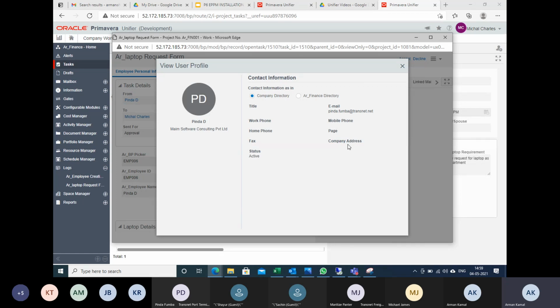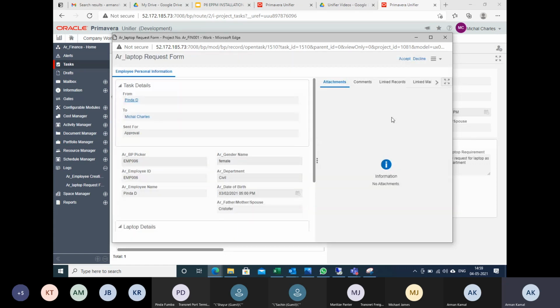My colleagues used to sit somewhere in Manila, in the Philippines. Sometimes some department used to sit in China. Some people were sitting in Mumbai part of India. So this is how we were managing. My own manager was not in India. She was sitting in the US. So this entire company's transaction has to be taken care of centrally, and this is how it is being managed through Unifier and different products.